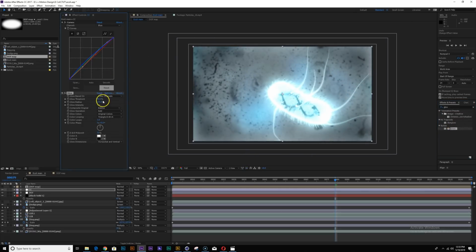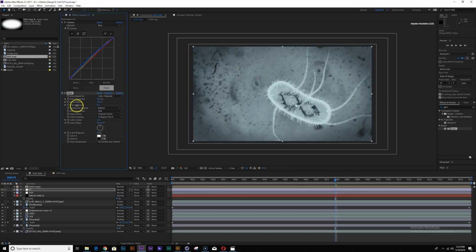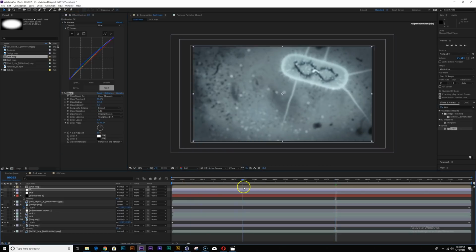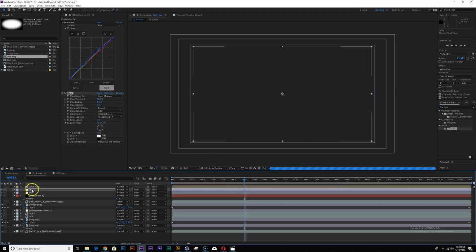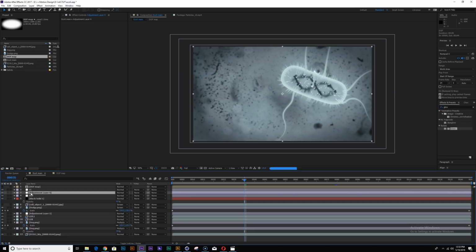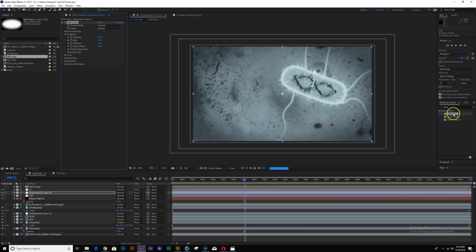Crank this whole thing up. Turn down the power a little bit. Cool. And something else I did is I'm going to add a kind of a graying effect. So click add grain, and this would just make everything look a little more, I don't know, cinematic.